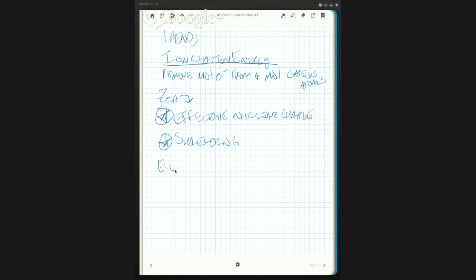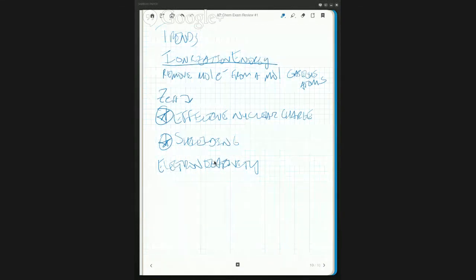Then there is electronegativity, which is spoken of very often, but the idea is that it is the ability of an atom to attract an electron. So we talk about it not so much as its trend, but as an explanation of why fluorine is the most electronegative, or why fluorine bonds with things, or why when you have hydrogen bonding, it's only fluorine, oxygen, and nitrogen. That's because those are the most electronegative atoms, and their ability to attract hydrogen is the strongest. However,